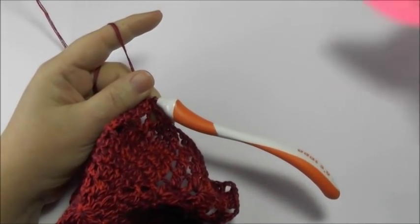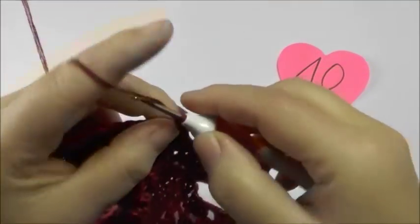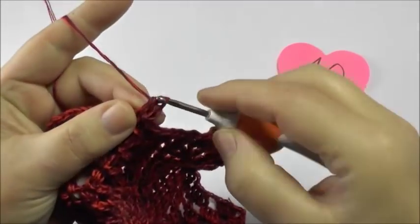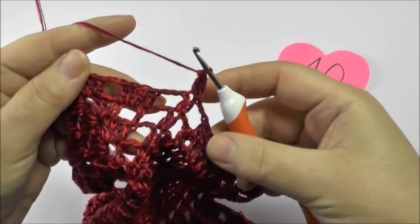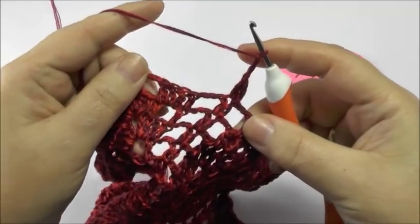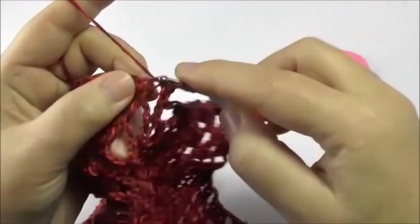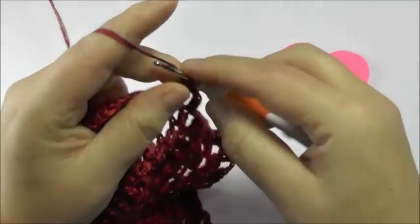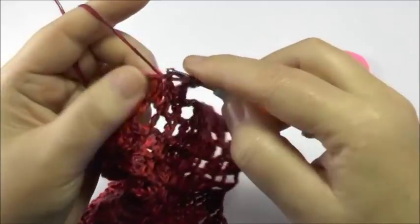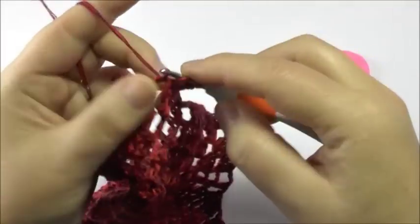And now we can start row 10, which is the last one. We start as usual with 2 chain stitches and a double crochet, then chain 3, a double crochet onto this first one here, chain 2, and another double crochet onto the last of the 4. Then 2 double crochets around this chain of 2,